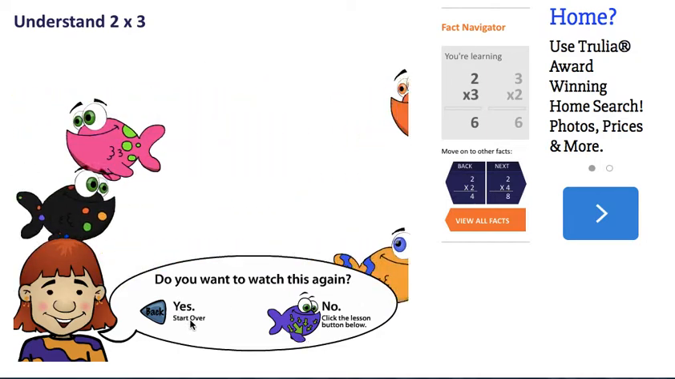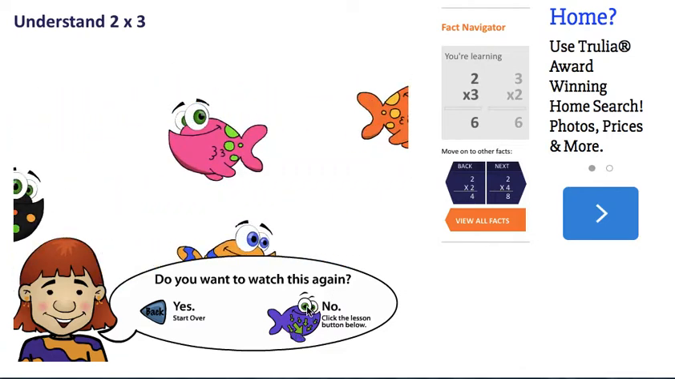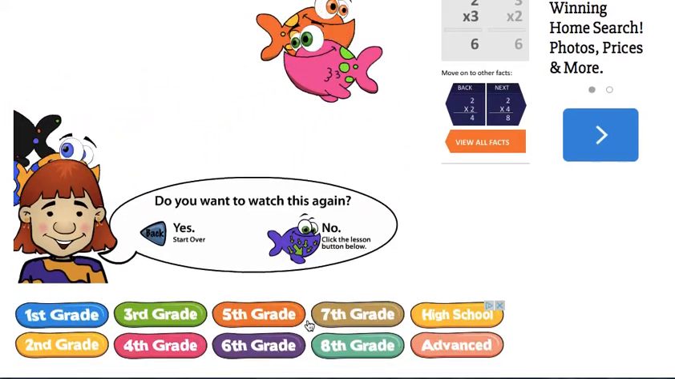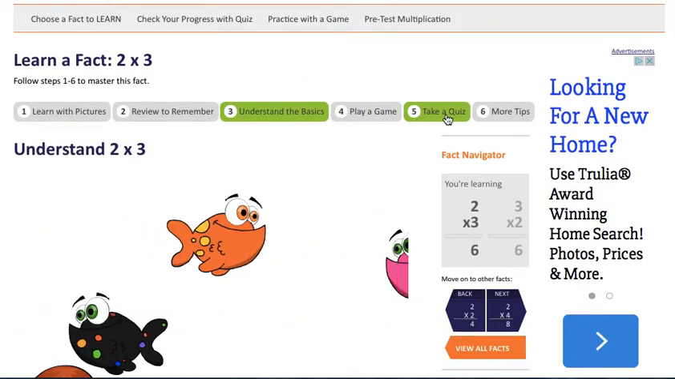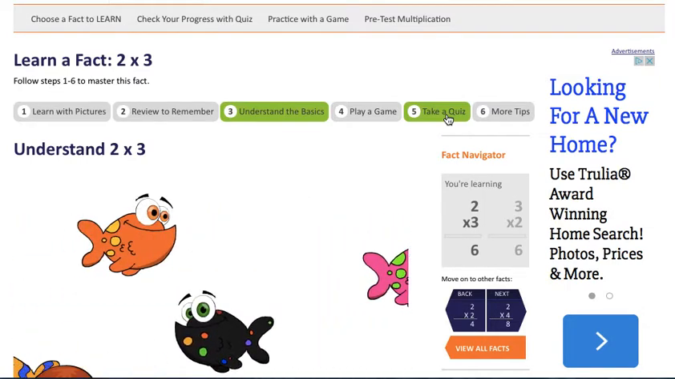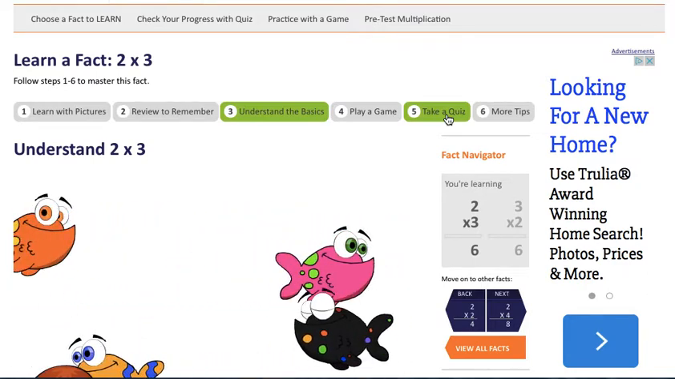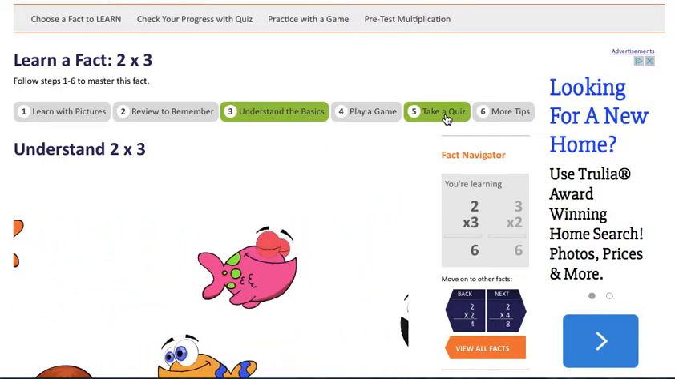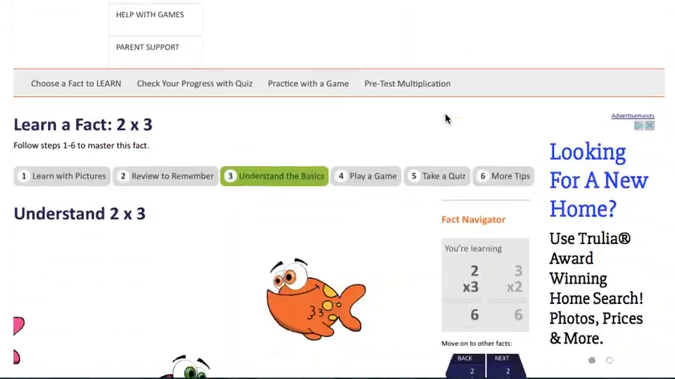You can either watch it again or click the lesson button below. We're not going to play a game now, and we're ready to go back to our bundle to see what the next thing we need to do. That is how we use multiplication.com. Remember, we have to stay in,